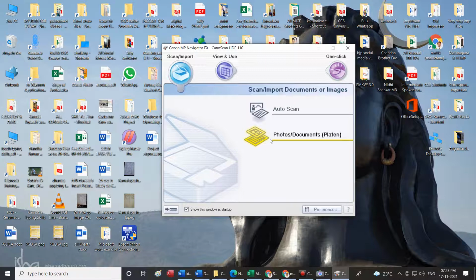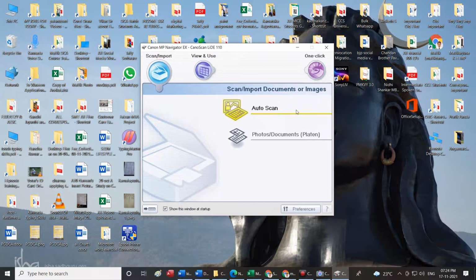Once you open Canon MP Navigator EX, Canon Scan LIDE 110, there are two options.